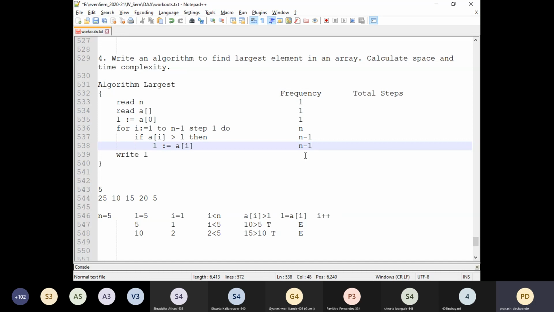Now, in some of the algorithm textbooks, they will mention it to be n minus 1 times, or they need not mention any of the values there. They will keep it as a dash. Let me repeat once again. In some of the textbooks, as theoretical concepts, they say that since we are going to calculate the big O notation, that is the worst case scenario, worst case scenario means we need to find out the worst instance characteristics. So the worst instance characteristics would be the n value.